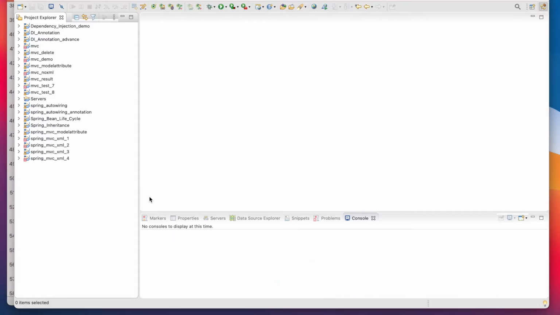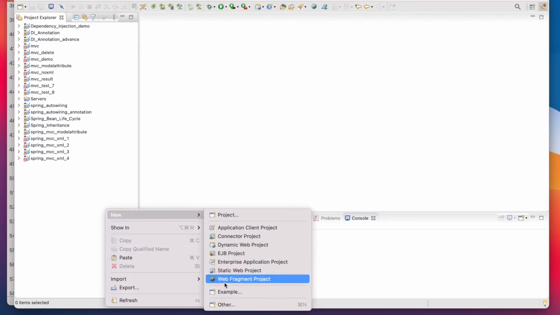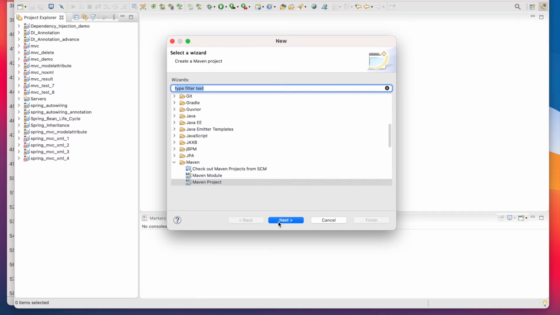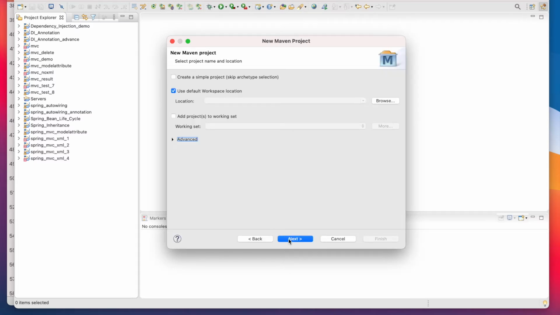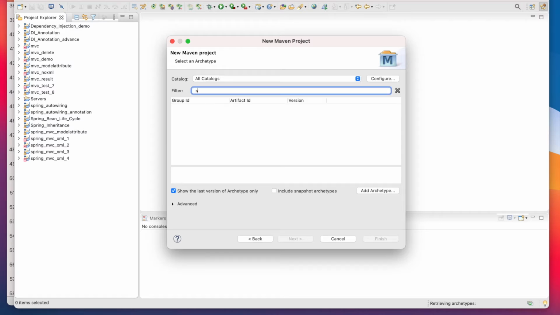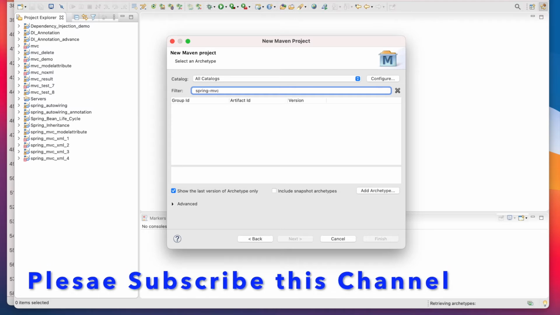So come here to Eclipse and make one small project. Take the Maven project, right? And click here, and search for MVC and hyphen Spring hyphen MVC. This is the one small archetype. It will give a ready-made project. You need not do anything for the MVC. Everything will be done automatically, so this is a good project for any demo purpose. This is the quick way to make any MVC project, right? And after that you have to hit enter, so it will filter out.